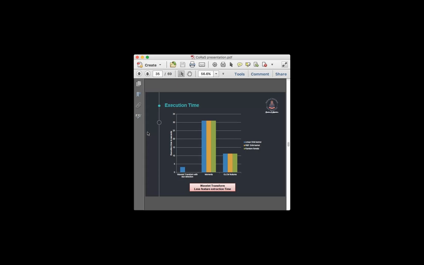Okay, good. So here is the comparison of execution time. The wavelet transform with blur detection, medium features, and then we have the three classifiers, the linear, RBF, and random forest. Wavelet transform here has the least feature extraction time, and you can see it is less by far. Next slide, please.